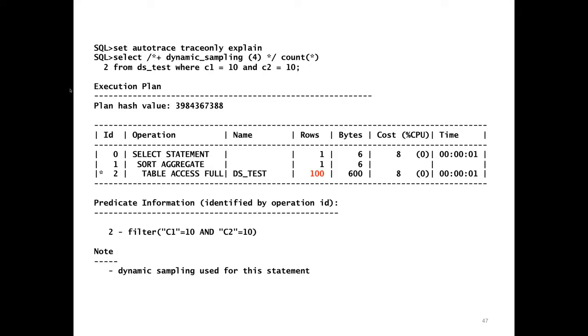So it will produce the accurate estimate for rows, 100, even with the two-column predicate. Okay, and that is if I use this particular hint, or if I have the optimizer dynamic sampling parameter set to 4 at the database or instance level. Okay. Now, what if you can't go around sticking dynamic sampling hints in everything,